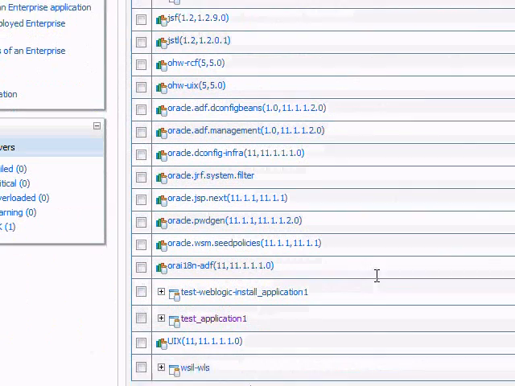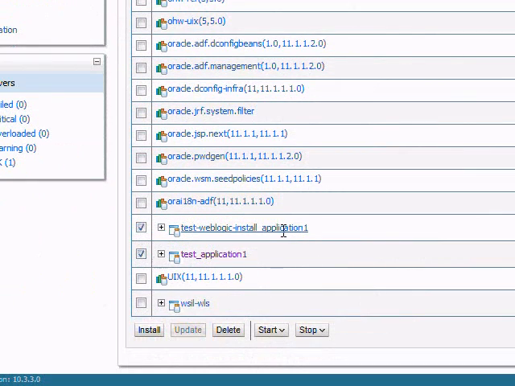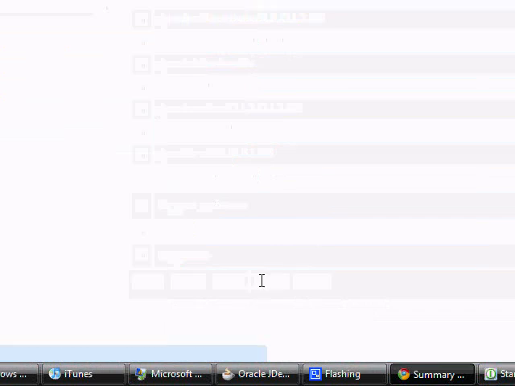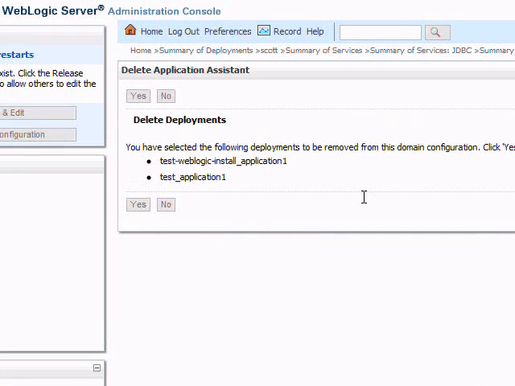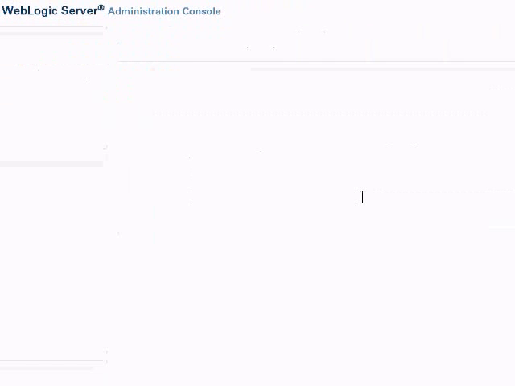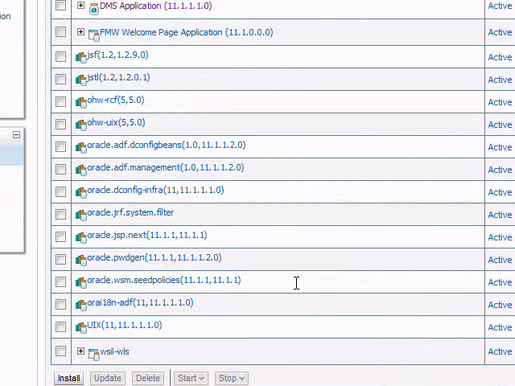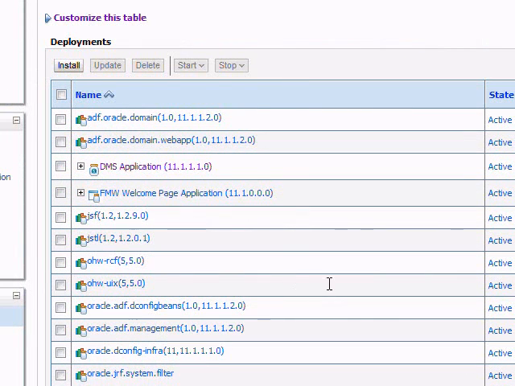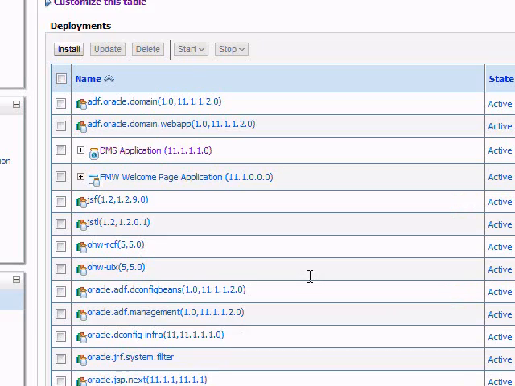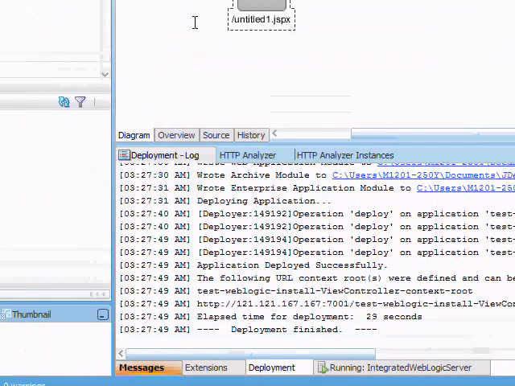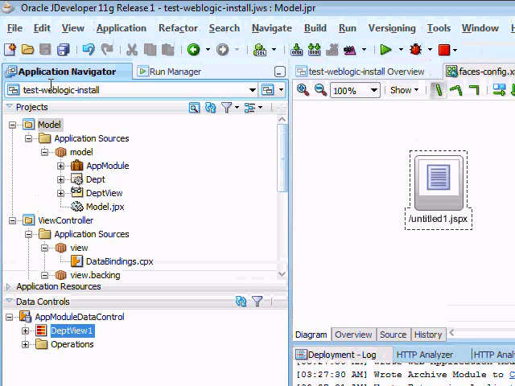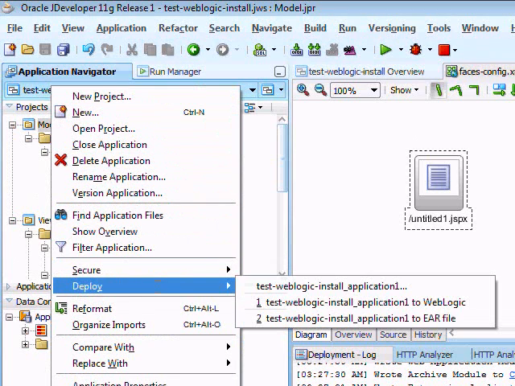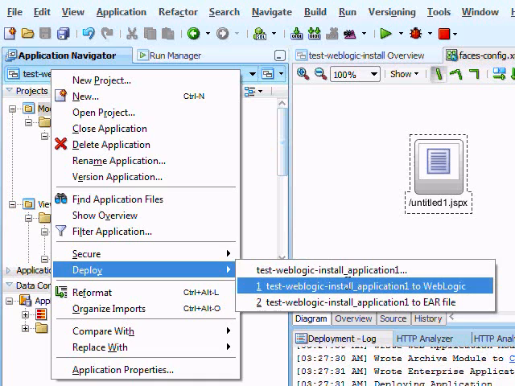I'm going to select them and I'm going to delete them, and yes. Okay, so now what I'm going to do is redeploy after removing the global data source Scott, just in case it was causing the problem. Although I've tested that before and I know it's not the reason for that. Anyway,